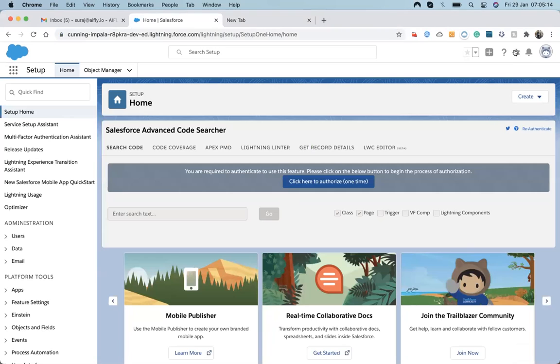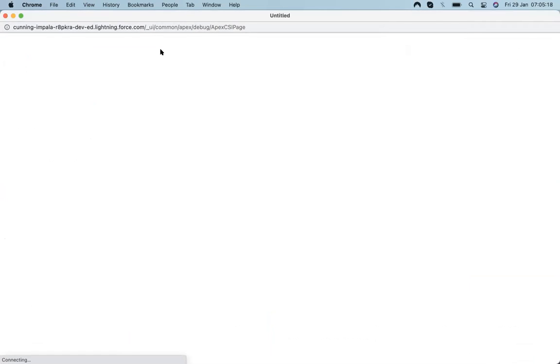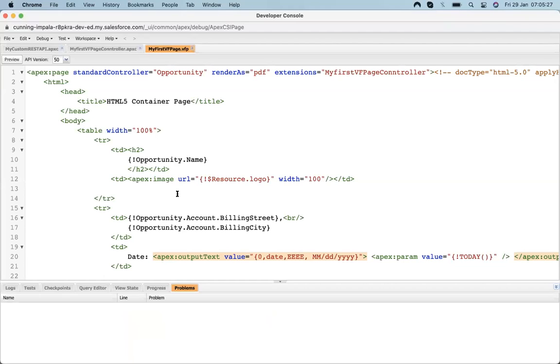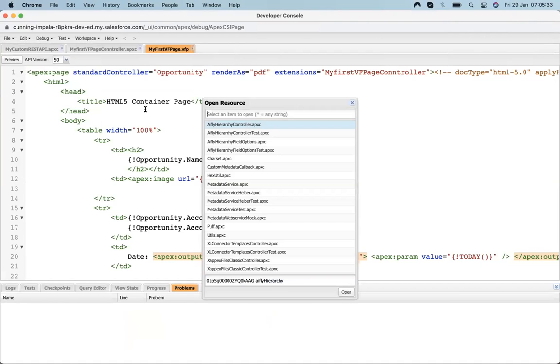Let me open my... Last time we discussed the Aura component which is able to fetch data from the Apex controller. Now we discuss how to work with Aura with a list of components, meaning a list of records.